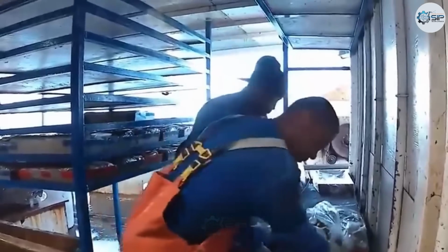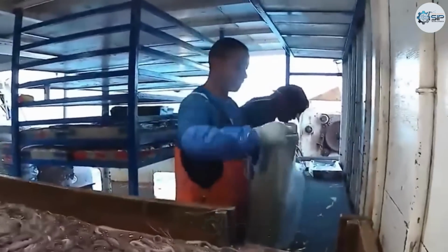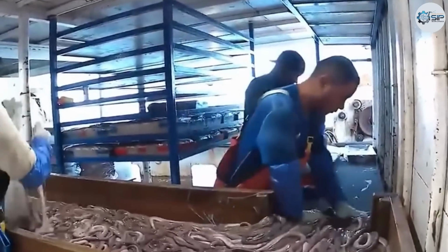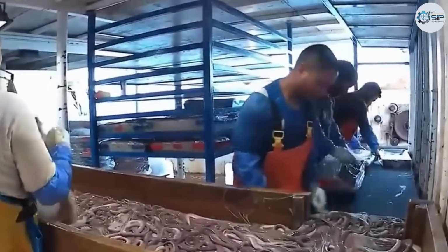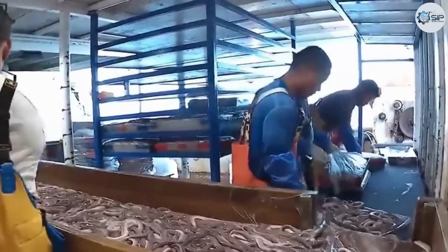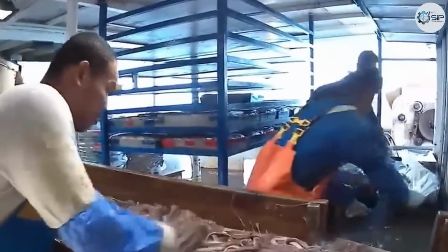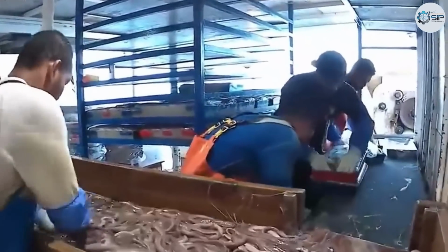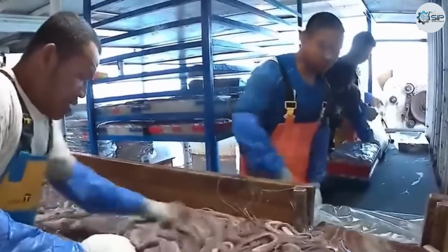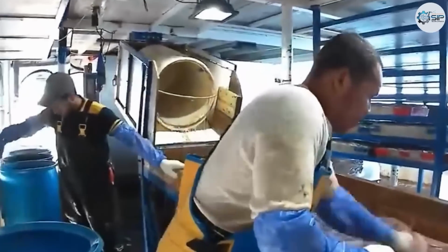After each fishing trip lasting from 10 days to 2 weeks, the FV Morning Star 2 returns to a port in southern Australia, usually docking at a harbor dedicated to bottom trawlers. As the ship approaches the shore, the exhausted crew members' eyes are full of hope, knowing that after days of battling saltwater and leather jackets, it is time to bring the fruits of their labor ashore, to weigh, sort, and export worldwide. At the port, refrigerated trucks are already waiting, and the logistics team begins transferring the fish containers into